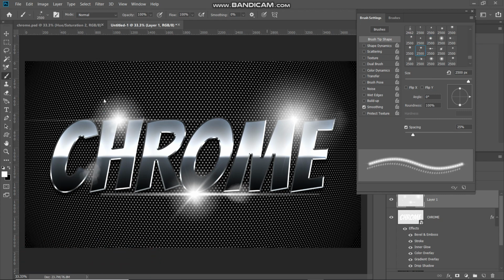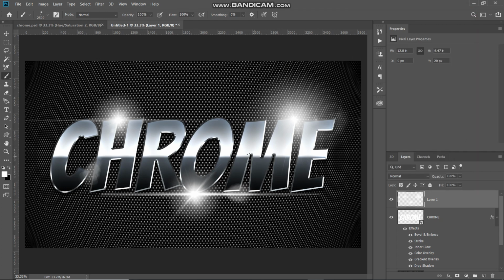So as you can see, I wanted to add some shine onto this location and I have done those things. So once your text looks proper, after that you can close this pop-up by clicking on this cross icon over here. So now as you can see, now we have added some shines over here, but the color of the shine does not match the color of the text itself. So we need to change the color of the shine as well.